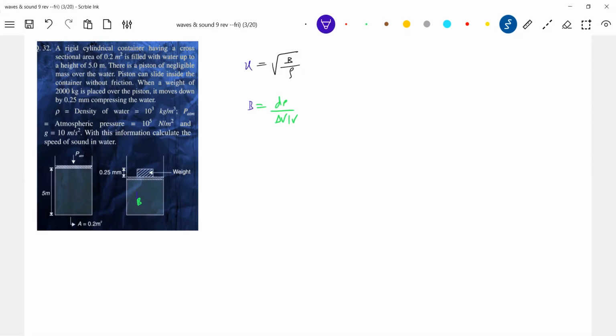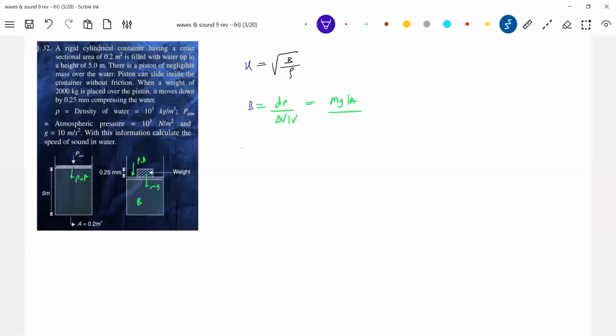Do we have these two quantities available from the diagram? What is the pressure? Pressure will be dP, that is equal to. So shall we go for a piston of negligible mass, or can the water piston slide? What was the atmospheric pressure earlier? P naught. No. What do we get? Mg by A, and this is P naught. So what will the change in pressure be? Change in pressure will be only mg by A, divided by the fractional change in volume.